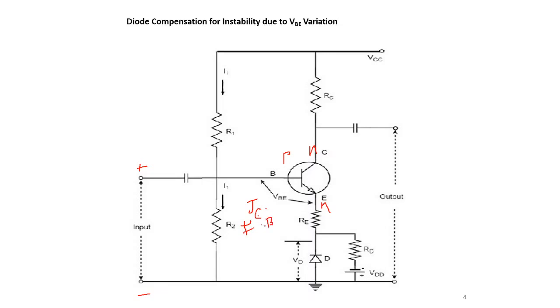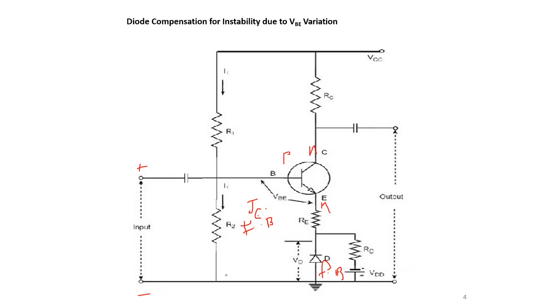And next one, we have to observe the case here. Apply the KVL equation across the input loop over here, and before entering to this, since we have to compensate of VBE, and same scenario for the diode has to be there, so the diode should also be in forward bias condition. So the negative of the PN junction has been connected to the negative terminal of the battery, the P type has been connected to the positive terminal of the battery, so that here the diode is also in the forward bias case.